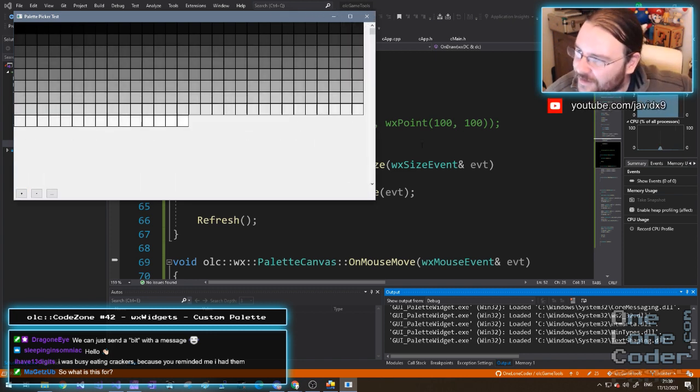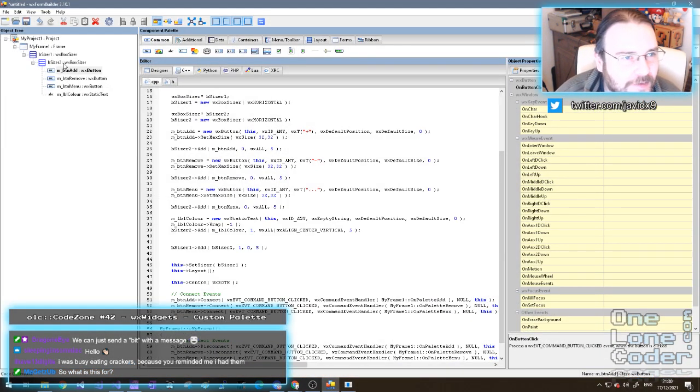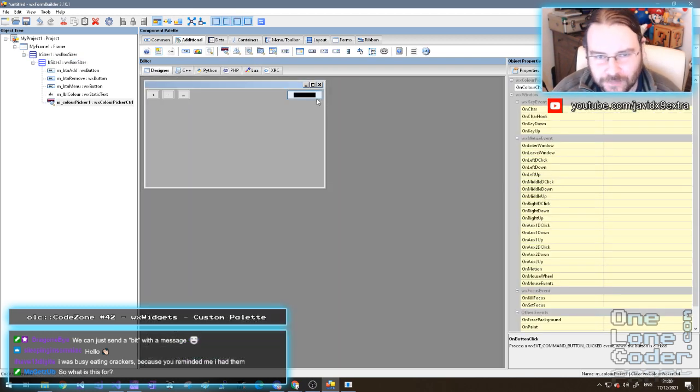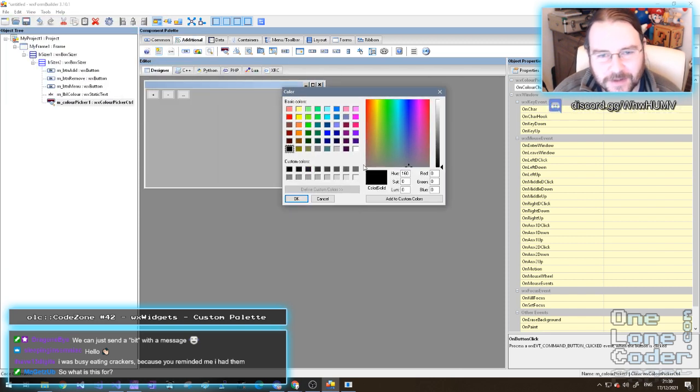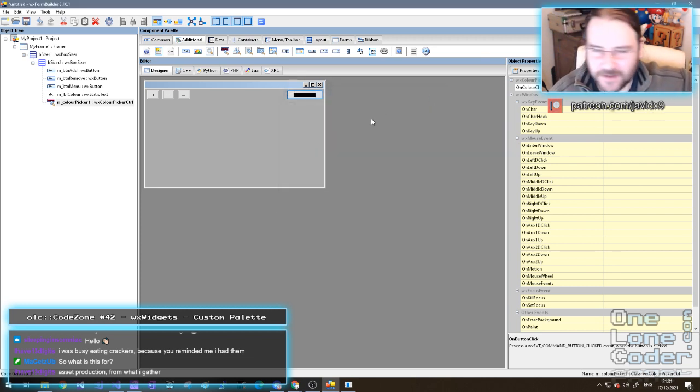So what is this for? This is for selecting colours. Because it's much better than this. If I go to here, I go to additional and bang you onto the thing. Right. This is the window that we all know and love for selecting colours. And it's fine, and we will be using this to establish new entries for the palette. But it's not a nice way to start choosing colours, particularly when you want your palette to represent all sorts of